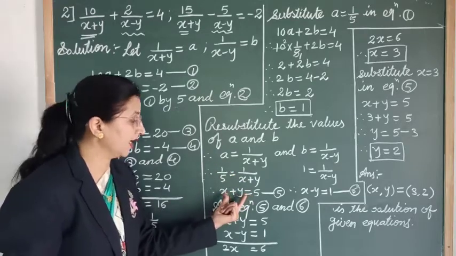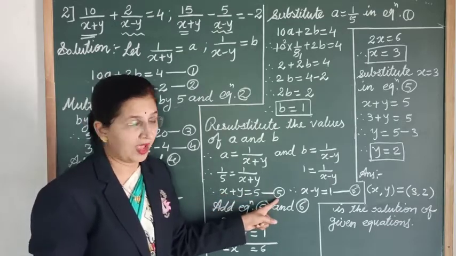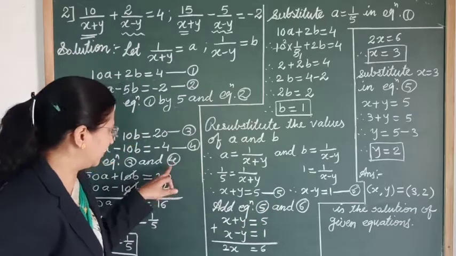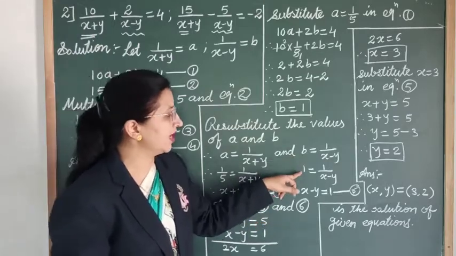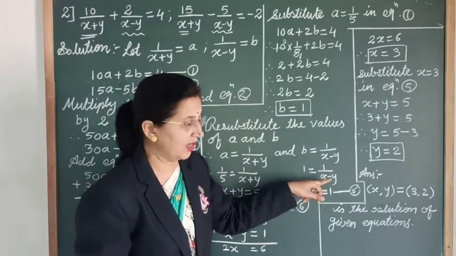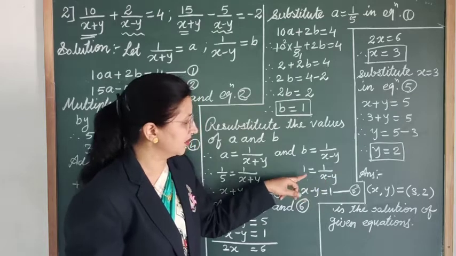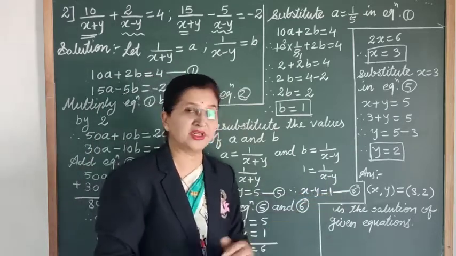Okay, so here again we got the new equations. So let's give it number 5 because up to 4 we had completed. Okay, so this is equation number 5. Similarly for b, what is the value of b? That is 1. 1 is equal to 1 upon x minus y. Okay, so let's take the cross multiplication. So x minus y is equal to 1. So this is our equation number 6.